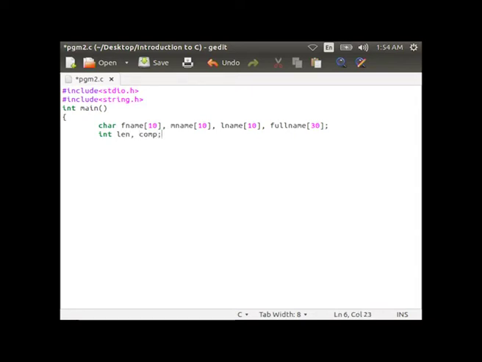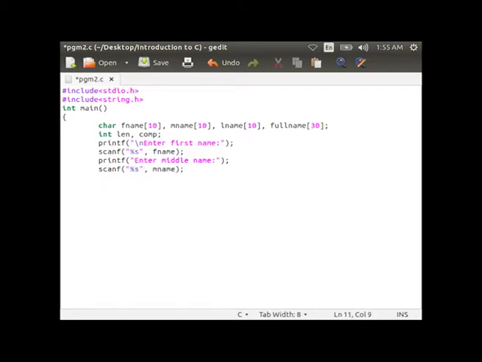Then int len, comp, printf enter first name, scanf %s f name, printf enter middle name.